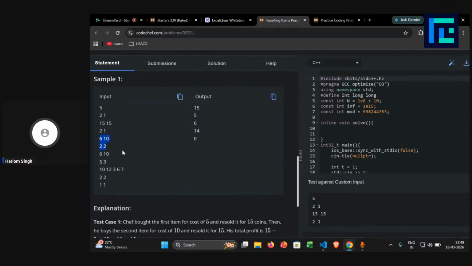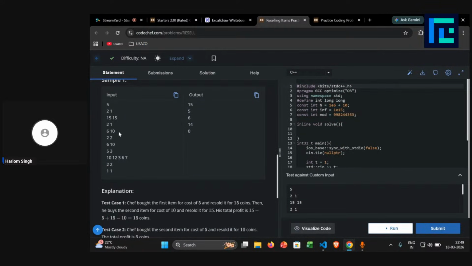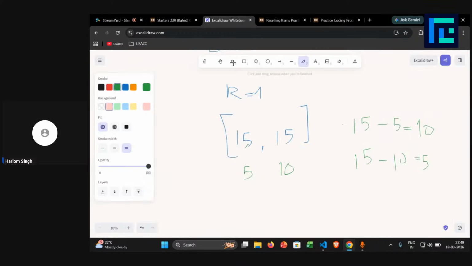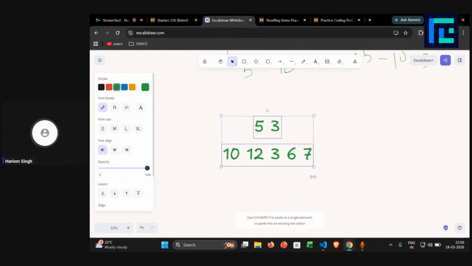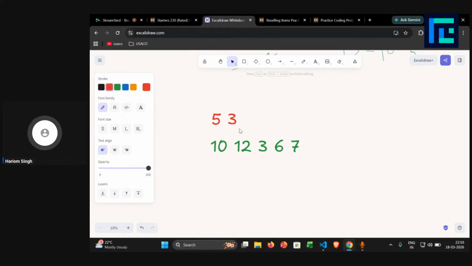Let's look at some other test. The value of K is 10, so it covers everything. It's not that helpful. Let's look at this one, right? If you look at this test case here, you see that there are exactly 3 items that you can buy at a cost of 5 and the rest two items will be bought at the cost of 10. So my claim is that in the greedy strategy,